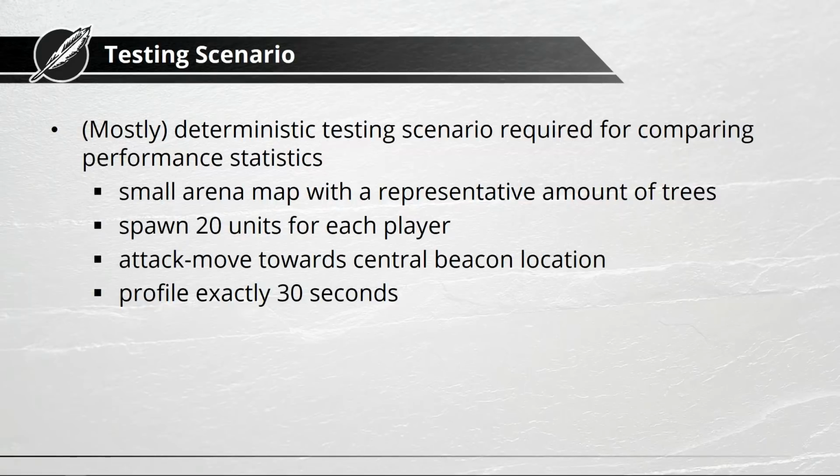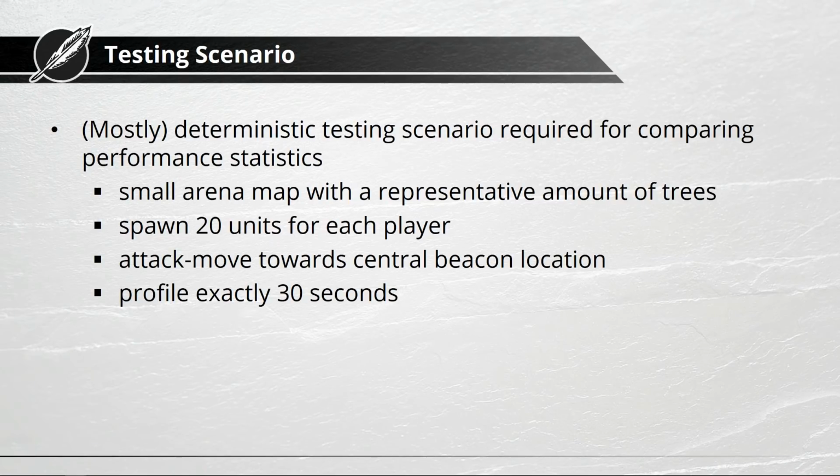And so before we start, we need to make sure that we have a very mostly deterministic testing scenario. Otherwise, we wouldn't be able to compare the numbers, right? It's impossible to understand how well we are doing if we don't have some kind of mostly deterministic testing scenario. And in our case, we've been creating a small arena map with a representative amount of trees, which might be important in a minute. Representative means with respect to usual gameplay, so for larger maps. So for this small map, there's an unreasonably high number of trees, but this better reflects actual gameplay in A Year of Rain.